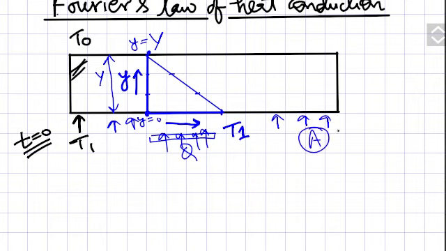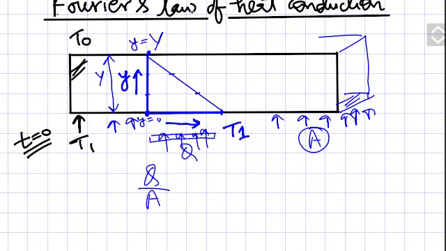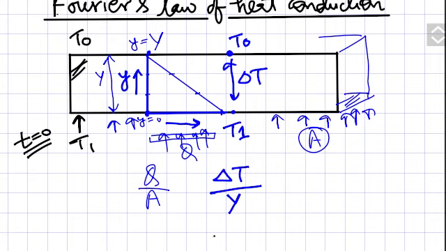Suppose this area, if you make a slab like this, this area through which you are providing the heat, this is A. It was seen that if we divide this Q by A, that is called the flux, it is proportional to the delta T, the temperature difference between T naught here and T1 here. So it is proportional to delta T and the thickness or distance through which you are providing the heat.